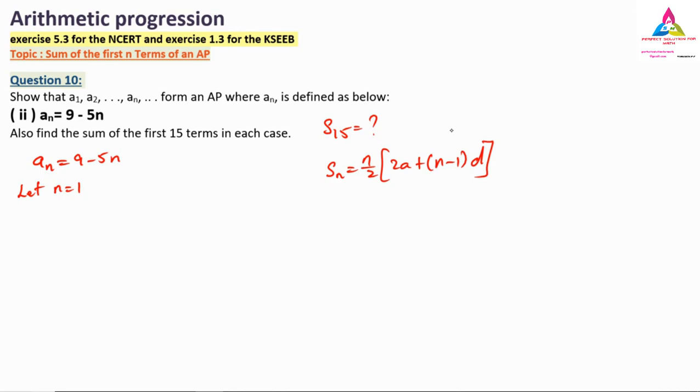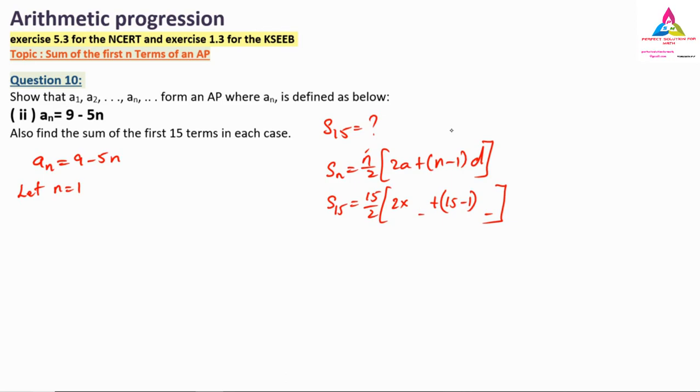So here what we need is the n value. The n value is 15. They have told you to find S15. So S15 is equal to 15 by 2 into 2 into a, we need. Why am I taking n is equal to 1? Because I want the a value, so that I will leave as it is, and after finding the a value I will write down the n value, 15 minus 1. And next we need the d value also. So these two are important, a and d. For that purpose we are doing this method.